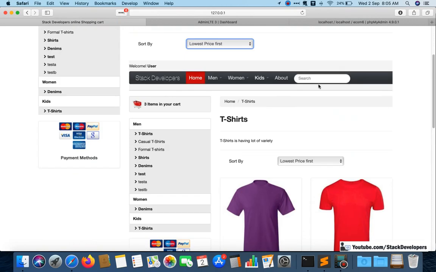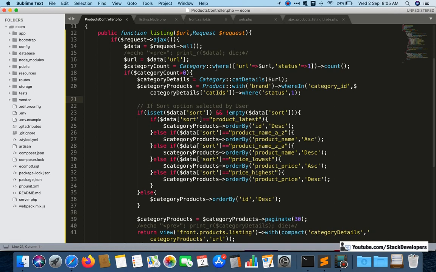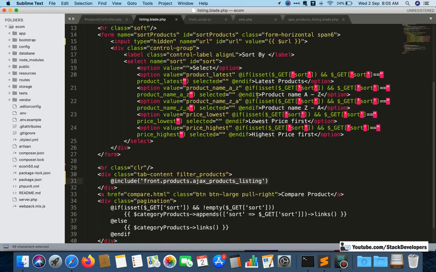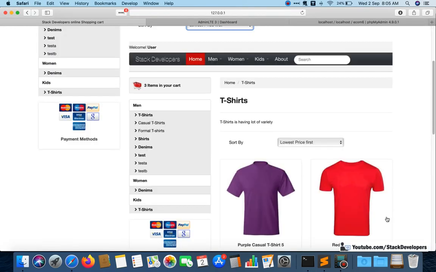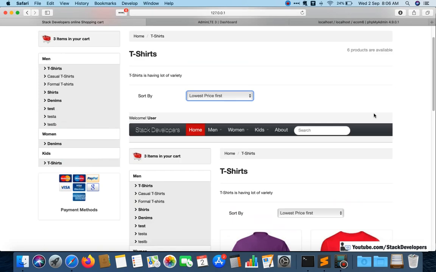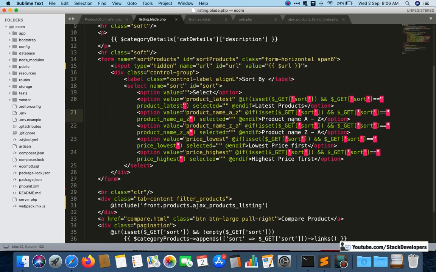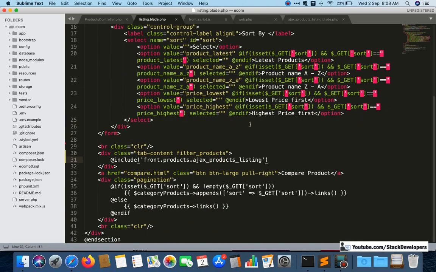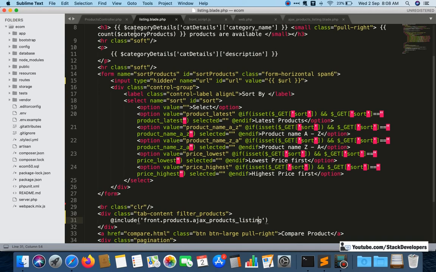See, it is showing all the data inside this one, so there is the issue. We need to check why it is showing the complete data there in our listing blade file. It must only show this part, not the complete page inside. So we need to check why this issue is coming.